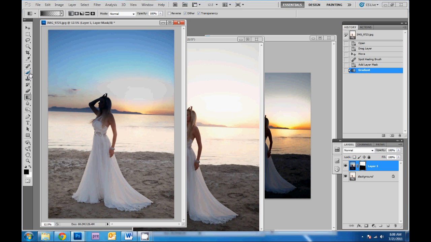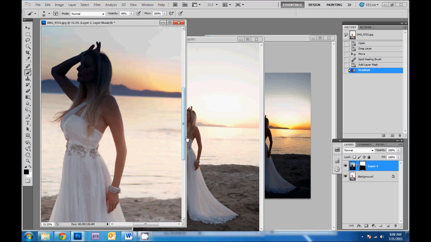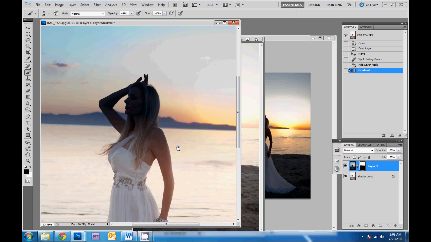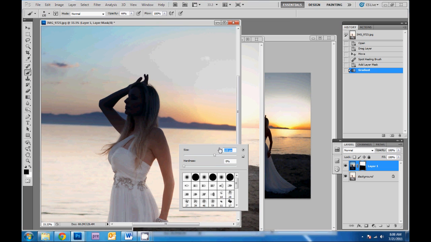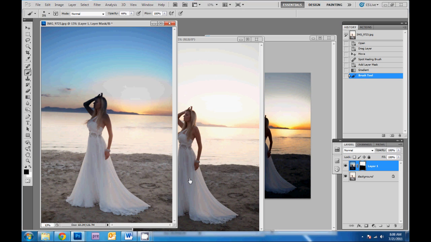Now Control Plus will zoom in for us so we can see the picture more clearly. And I used a gradient because the only thing left to mask out on this top layer now is the bride's head. You can do this by using a soft black brush, but I'm actually going to wait until I have all of my layers over here so I can mask them all out at once and save a lot of time. So we're going to come over to our ground image